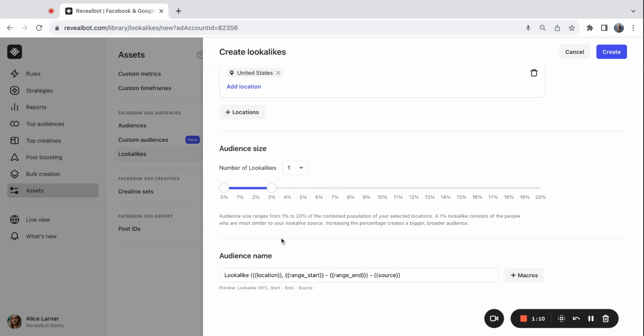And finally, an audience name. Here you can select ready-to-use macros to pick up the location, source, time range, and start-end ranges of the audience. I'm happy with the selection, so I can just click Create button, and it will take up to 24 hours for my lookalike to be created by Facebook, as it takes time for Facebook to find people that are similar